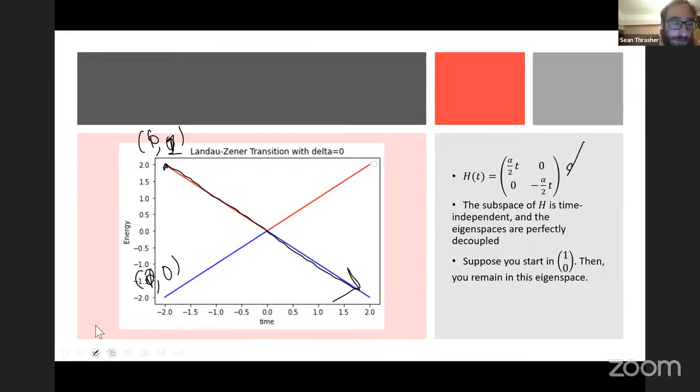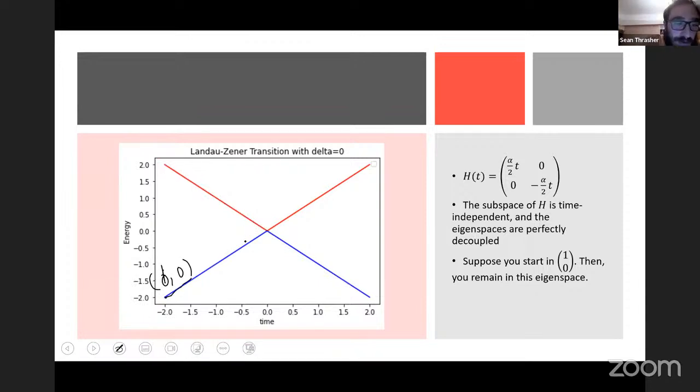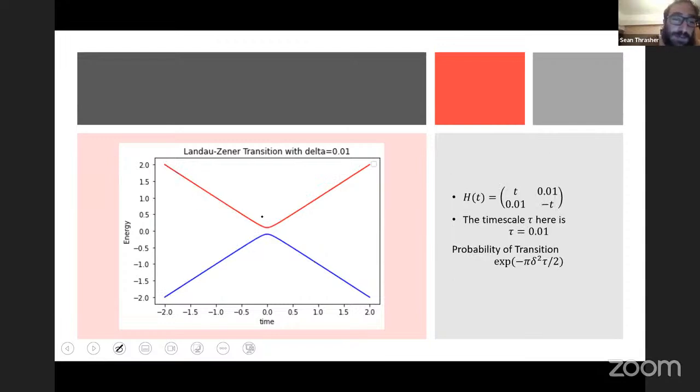Okay, so just erase that. This is 1, 0. So if I start here, then I end up crossing over like that. And if I start here as well, I cross over like that, and there's no probability of me transitioning. But now if I make a gap here, I'll end up staying. So if I'm in the ground state here, I'll end up staying in the ground state